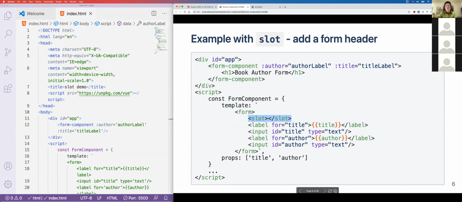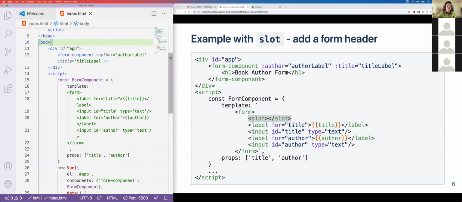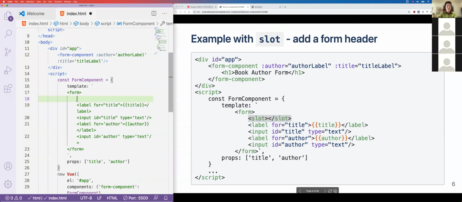Okay, and so whatever the user typed in will be shown under here. So if we come back here, in the template we're now adding a slot, so that will allow us to get some text from the parent component,